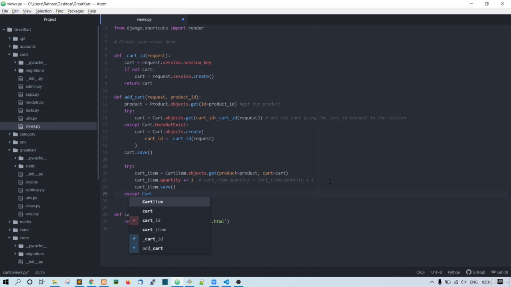Cart item does not exist. So in case the cart item does not exist, what we will do is create a new cart item, right? The quantity will be 1 because it is a new cart item. So first of all, let's do cart_item is equal to